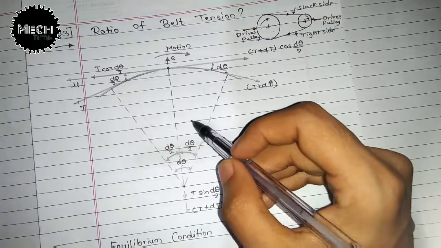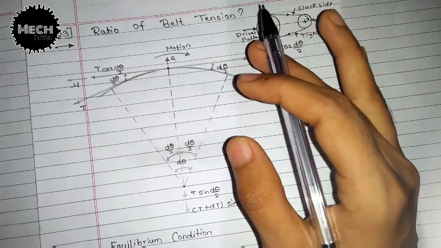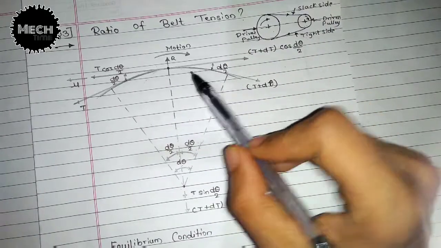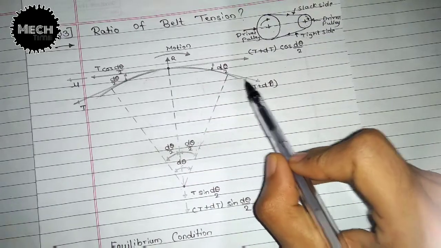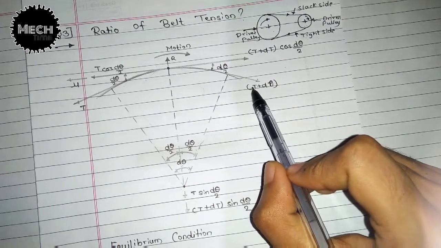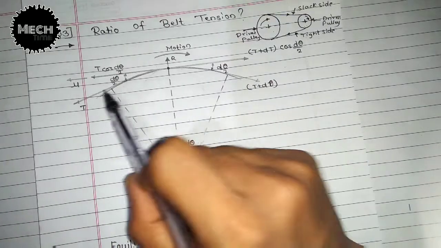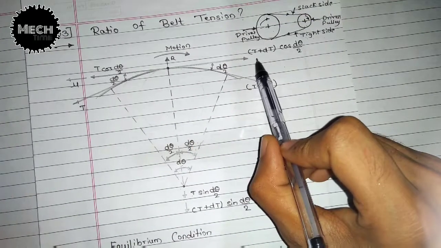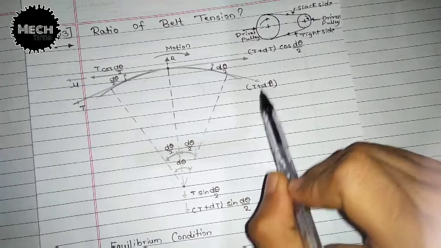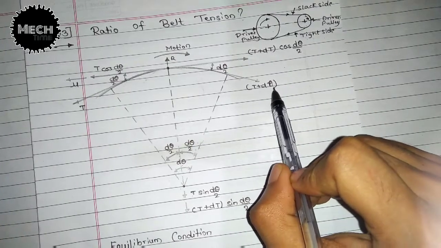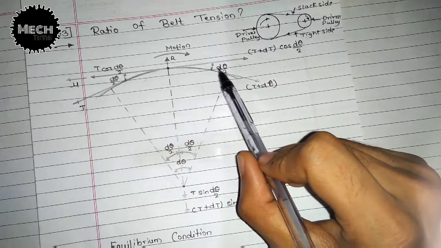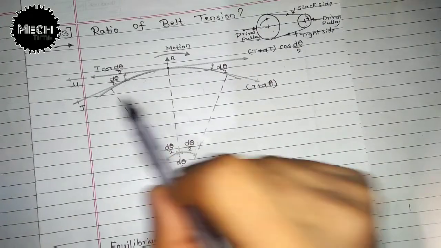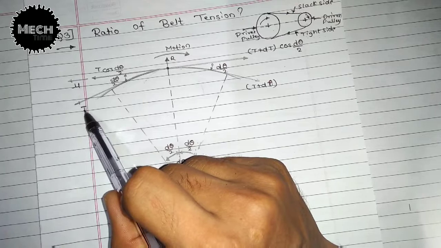Now, the very important thing to understand is that if it is rotating clockwise, then this line will be in tension, because it will move forward, and once it moves forward, it has to pull this side forward also. Therefore the tension at this side will be T plus dT. Actually it's not d theta, it's dT. So I have taken more tension, T plus dT, at this side, and at this side it will be just T, so it does not have as much tension.